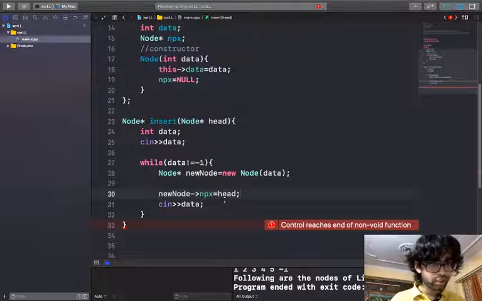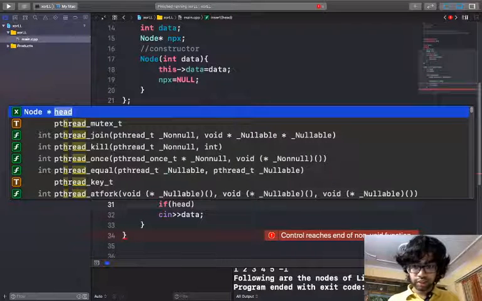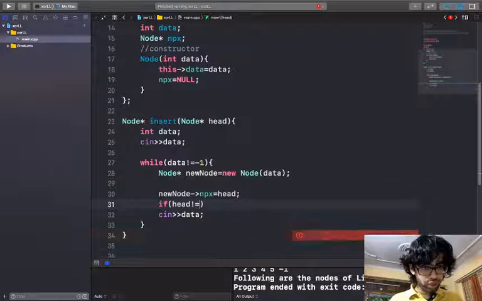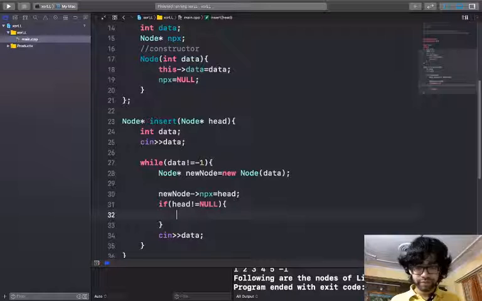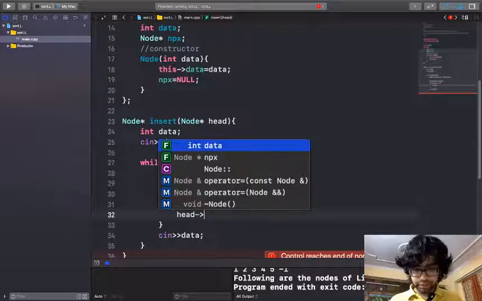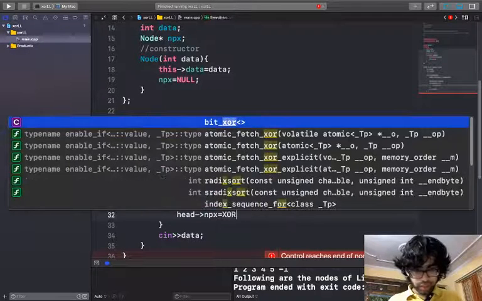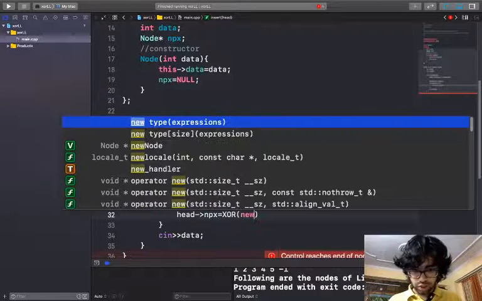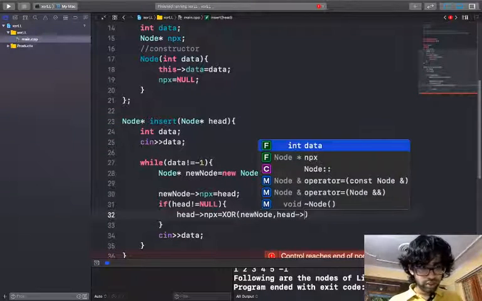Don't worry about that. Okay, so I'm putting a condition here, if head is not equal to null. It means that for head equal to null, it will not execute. So in head's npx we will put the value. Let me just type it. Node head npx.